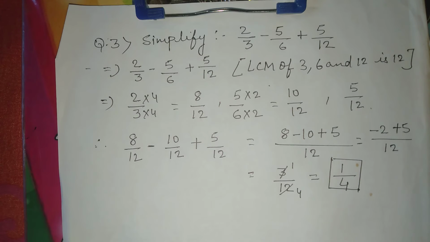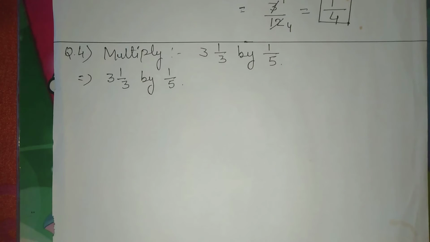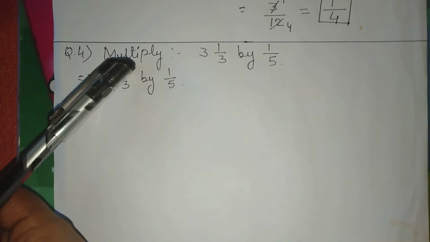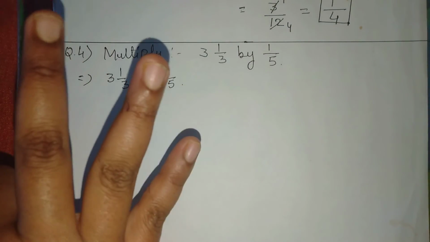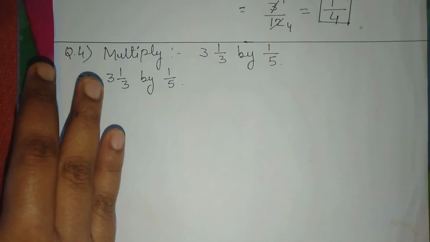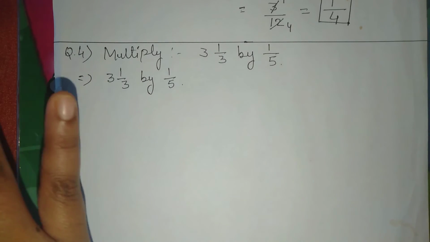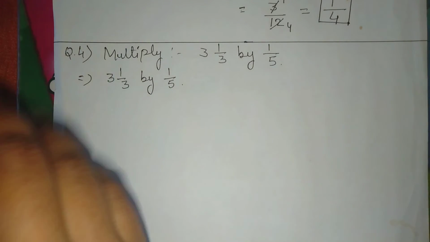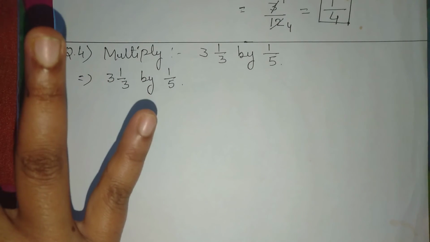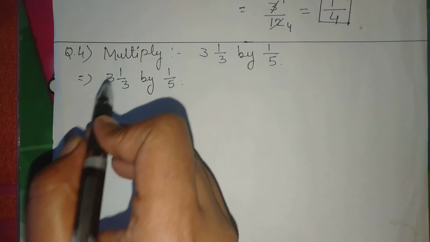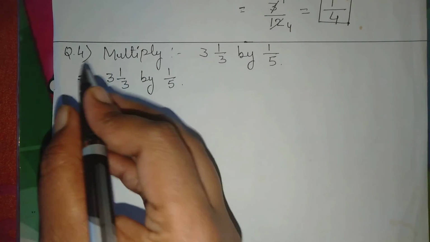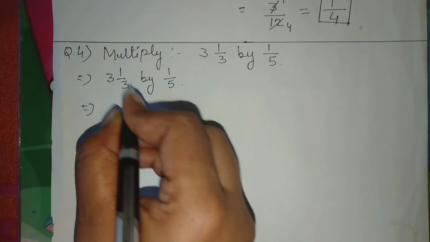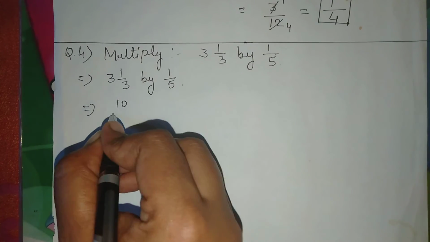Okay, so next we will see multiplication. Okay children, so our next question is multiply 3 1 by 3 by 1 by 5. So children, out of all the fraction operations, multiplication is very easy. In this, no need of any LCM, nothing. Okay, so let's start. Here it is a mixed fraction. First of all we have to convert it into a normal form. So 3 3s are 9 plus 1 is 10, so 10 by 3